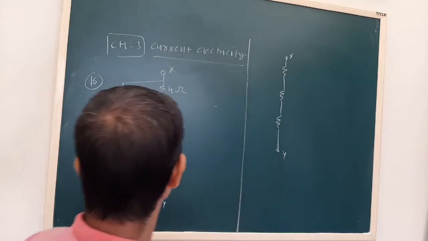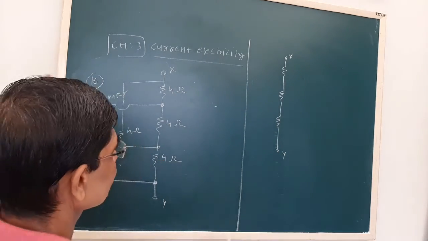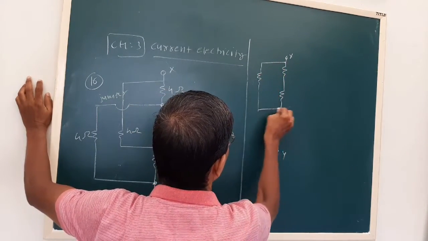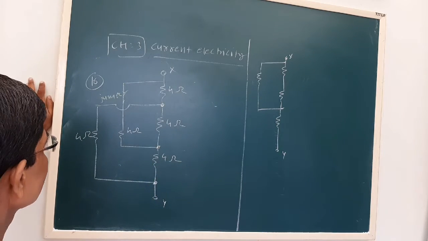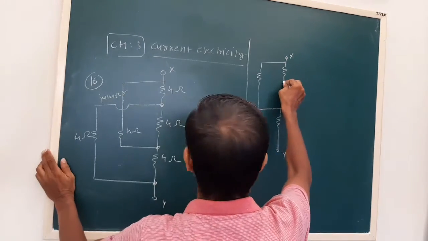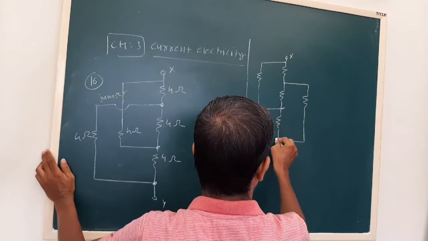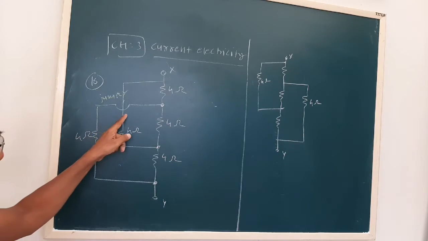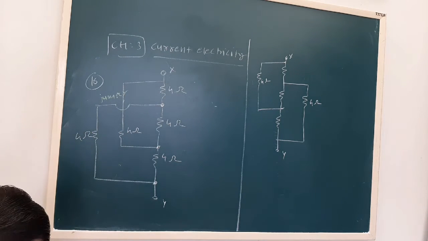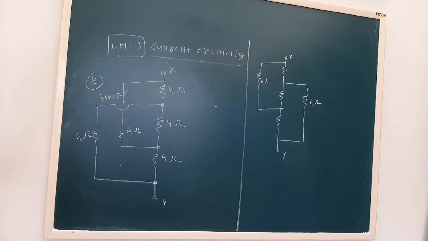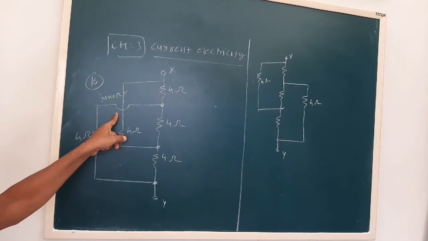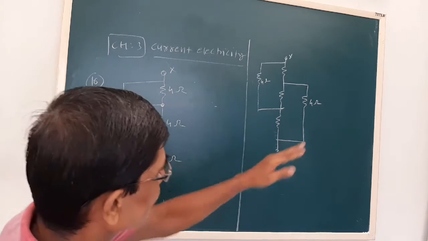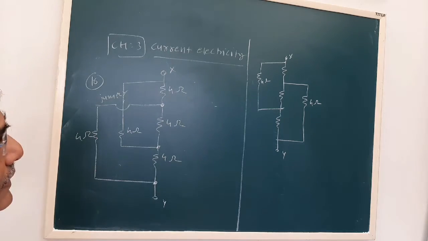X and Y. And this resistance. See this left side part, because it's a jumper, there is no overlapping. That means they are not connected. Here they are not connected, they are just passing by each other. So that we have placed on the right hand side. So our simplified circuit will be like this.